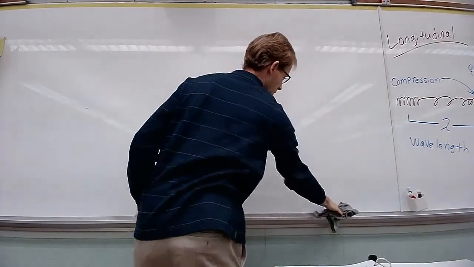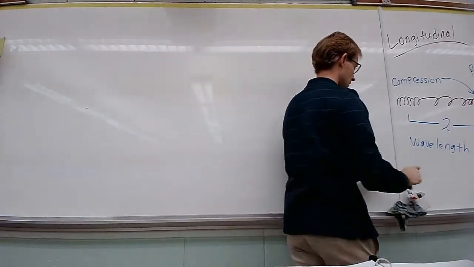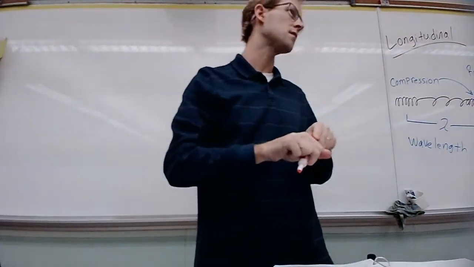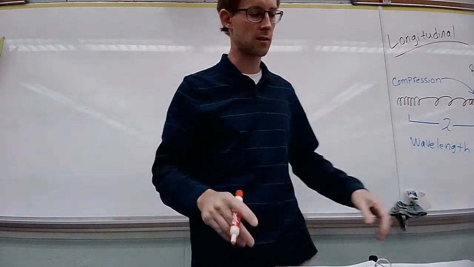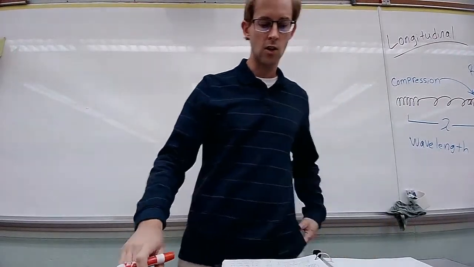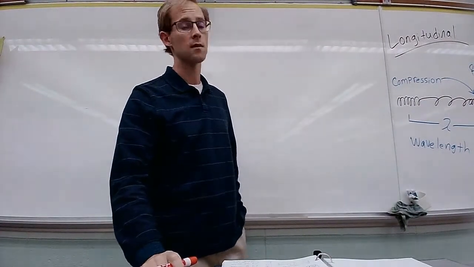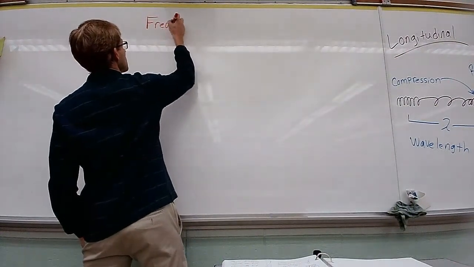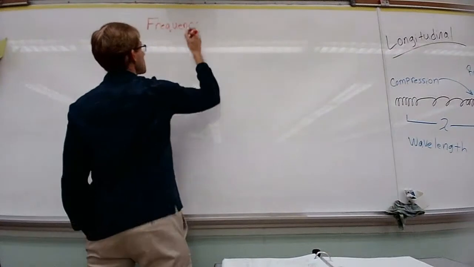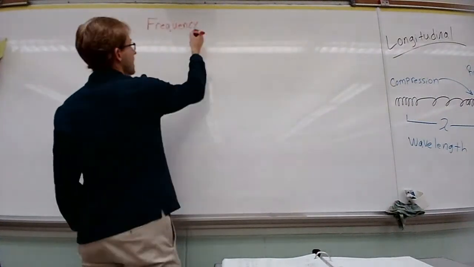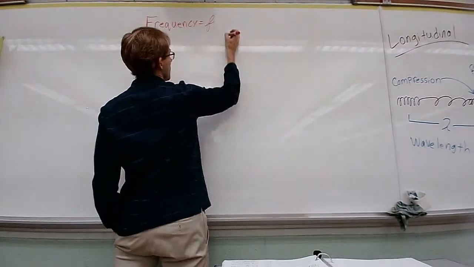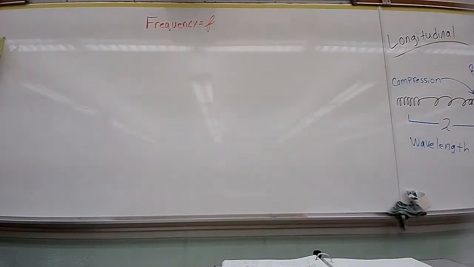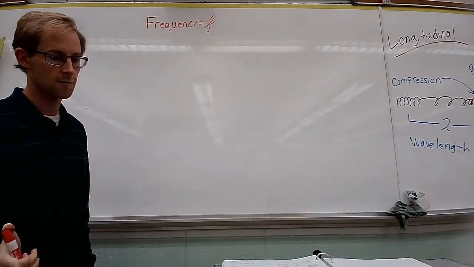All right, a few more things we need to talk about. Today's mostly about learning the terms and some of the basic things about waves, so we can start applying some of these things to light. The other things you need to know, and you mentioned them already, is frequency. So you're going to want to write frequency down. And I abbreviate frequency with a cursive F. If you just want to use lowercase, that's fine, as long as you're remaining consistent.